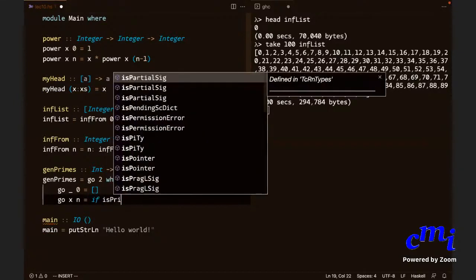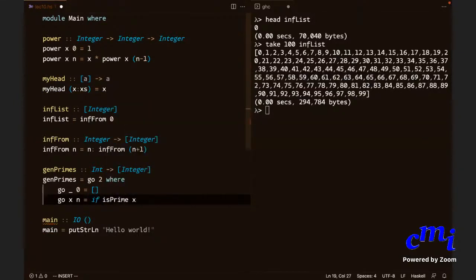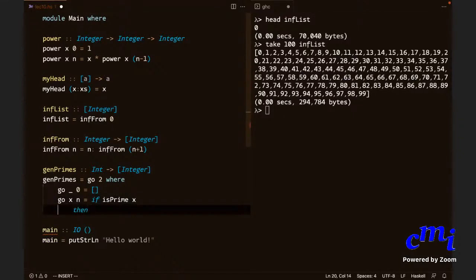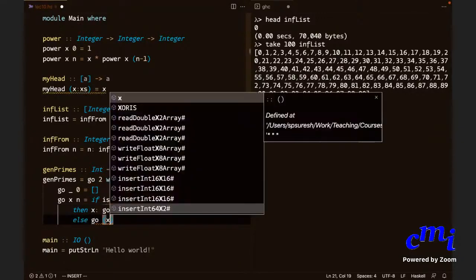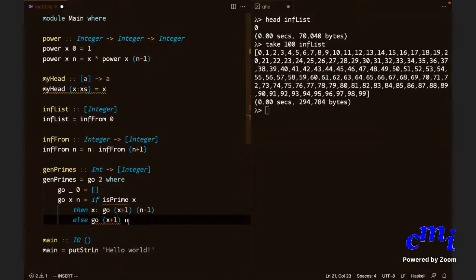If is prime x, then x colon go n minus 1 primes starting from x plus 1. Else you try to generate n primes starting from x plus 1, because the current thing is not a prime.